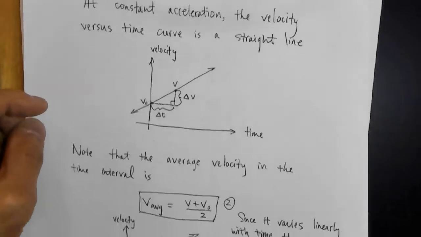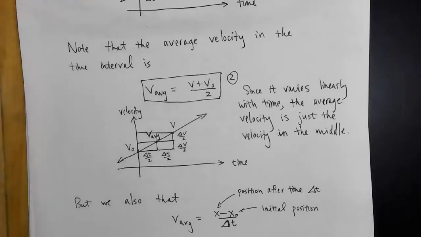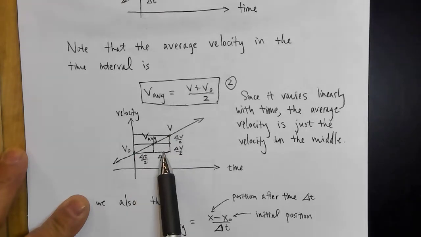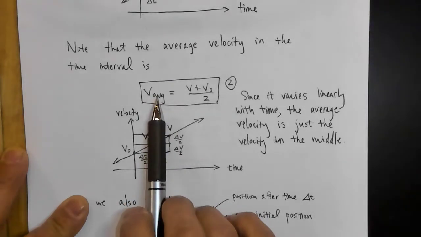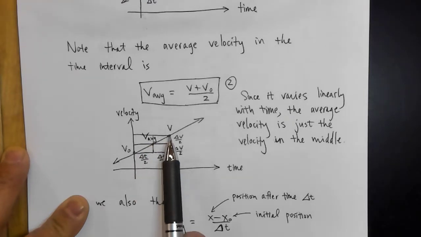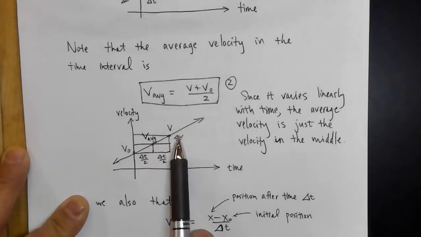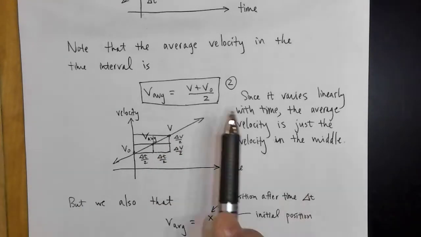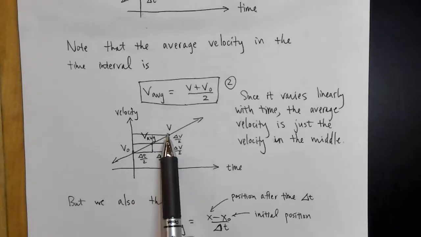And now what you can do is make the argument that the average velocity, which is delta v over delta t, that's the definition of the average velocity, is the same as the value of the velocity at the middle time point. So in other words, if you want the average velocity, which is delta v over delta t, that's essentially, what is delta v times delta t? It's going to be equal to